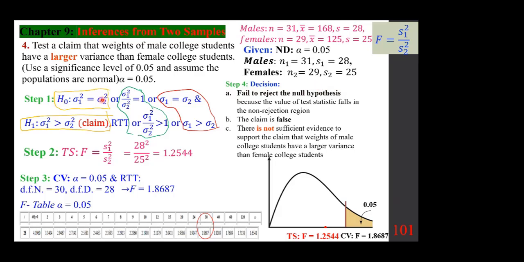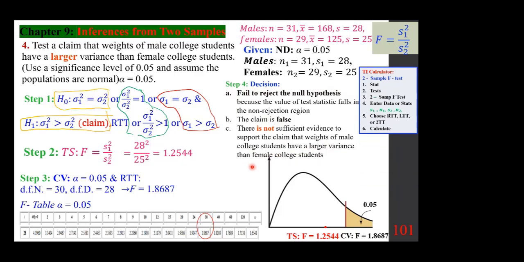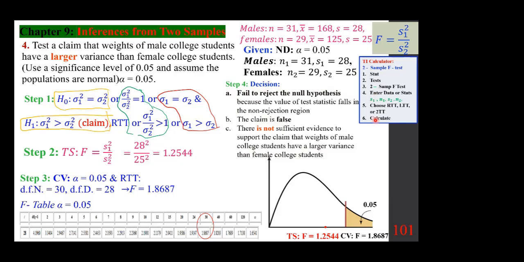So if you're not rejecting H0, that means you're rejecting H1. So you're rejecting the claim, and the claim becomes false. There's not sufficient evidence to support the claim that weights of male college students have a larger variance than female college students. If you were to use the technology, two-sample F test, you continue on that thought,